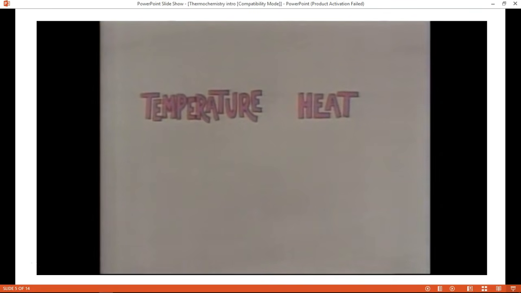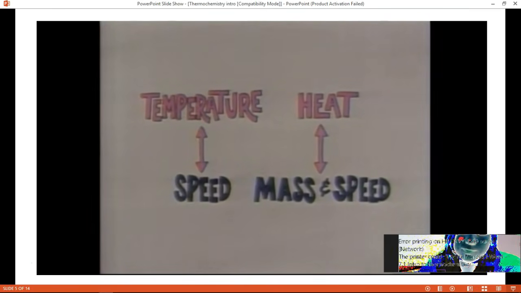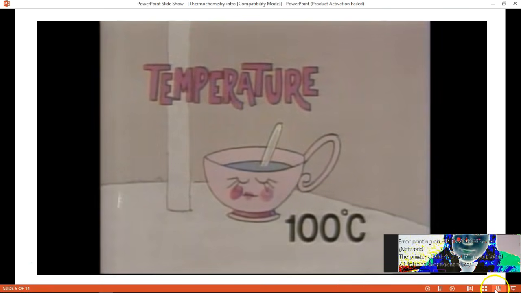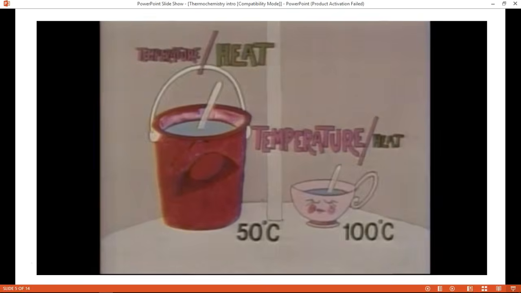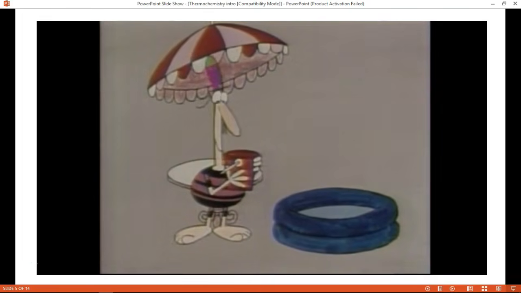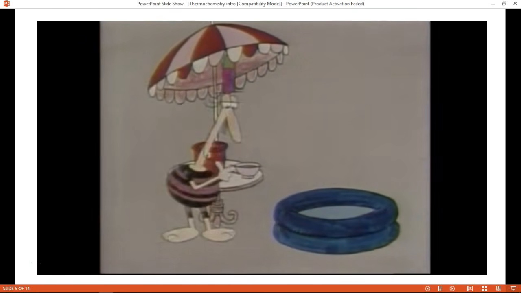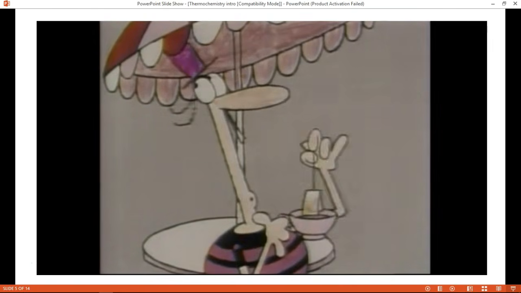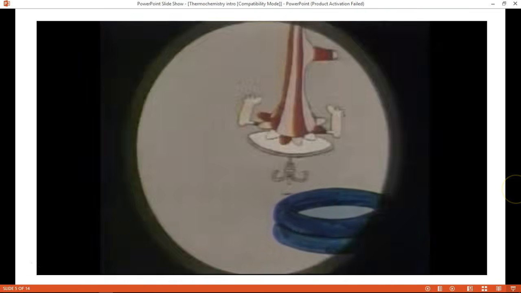The big difference between temperature and heat is that temperature depends on speed only, whereas heat depends on both mass and speed. The water in the cup has got a high temperature, but very little heat. And the water in the bucket has got a much lower temperature, but a great deal of heat. Now you know why buckets of 50-degree water are better at heating up swimming pools than cups of boiling water. On the other hand, if you're looking for somewhere to dunk your tea bag. Okay,